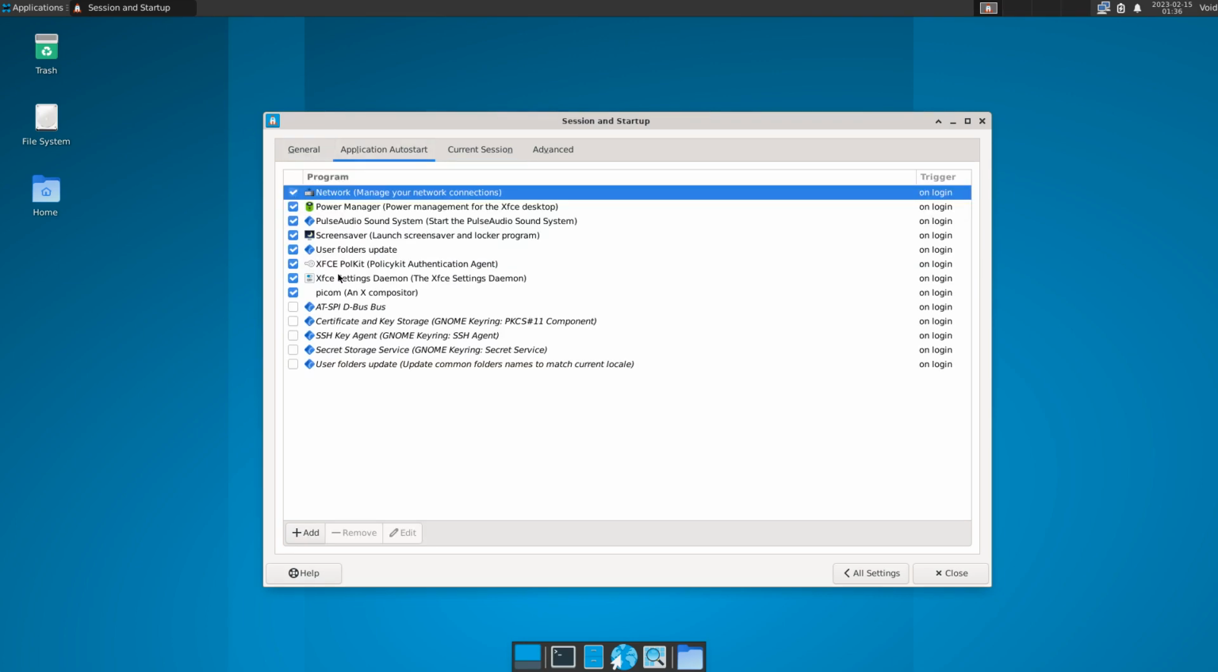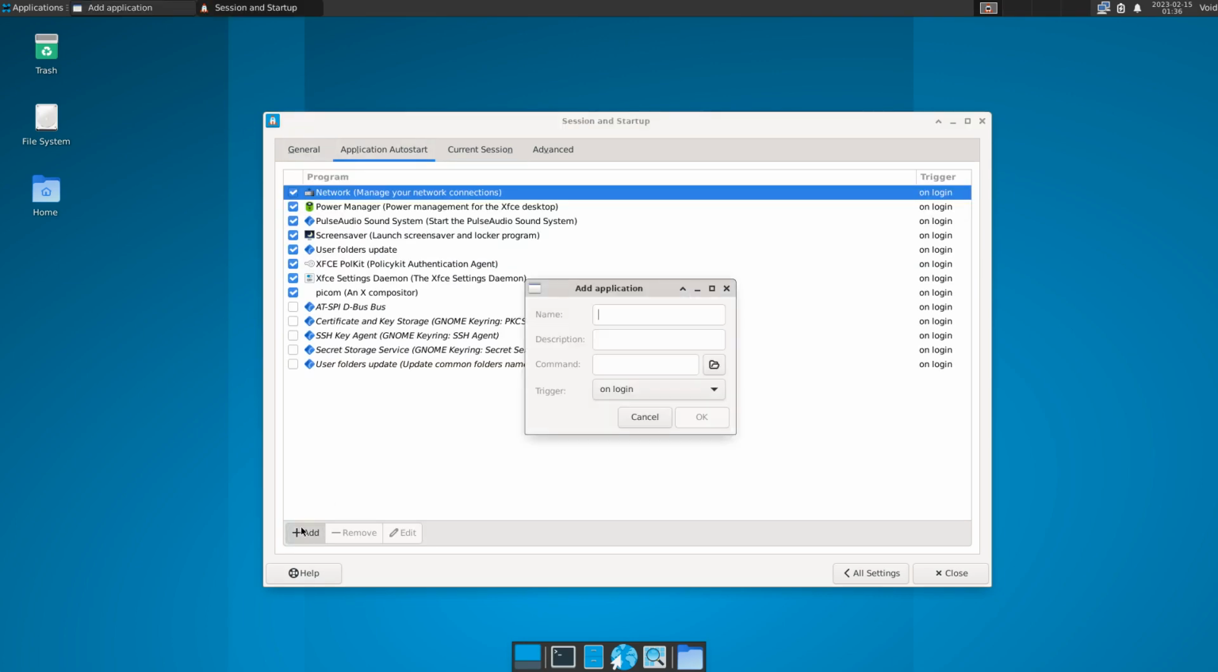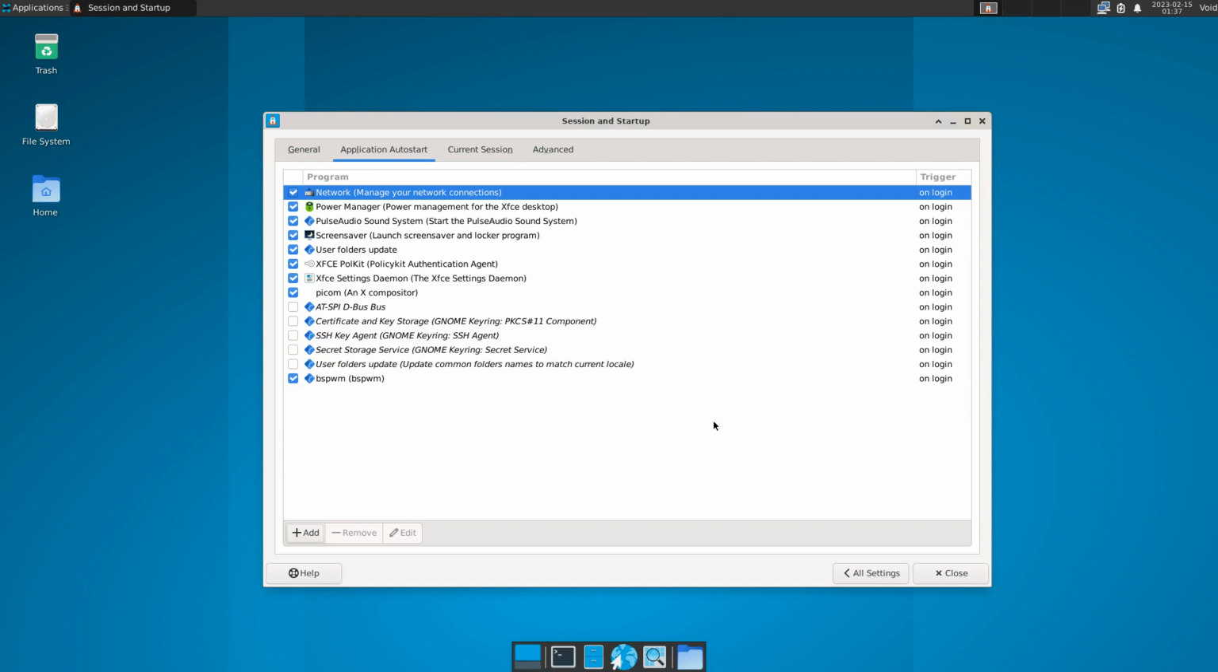And let's add autostart. Go to application autostart and add bspwm. The name is bspwm, description is bspwm, and the command is bspwm. I'm going to launch bspwm. Okay, and on login. That's added. So next session startup is going to start BSPWM instead of